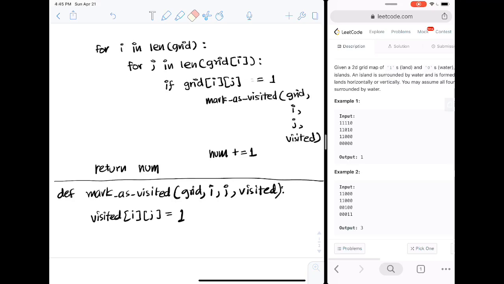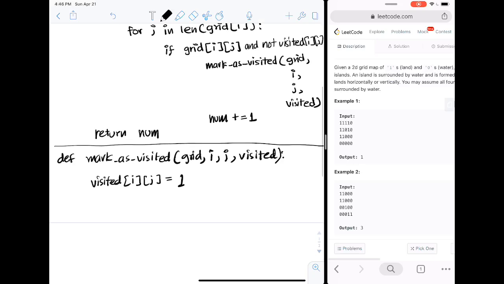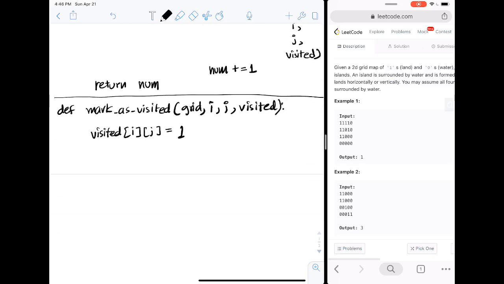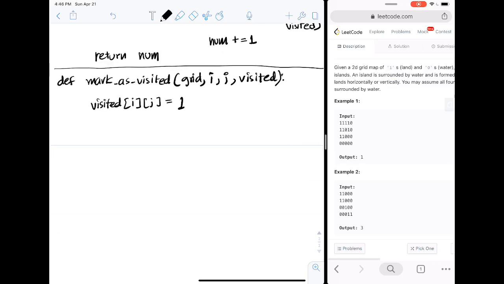To be honest, this is kind of redundant, because we can check the truthiness of this just by writing that much. If grid i j and not visited, right? Because we want to make sure that the tile hasn't been visited yet. Okay, so then inside, let's come back to mark as visited. We set the visited i j equals 1, and then we say